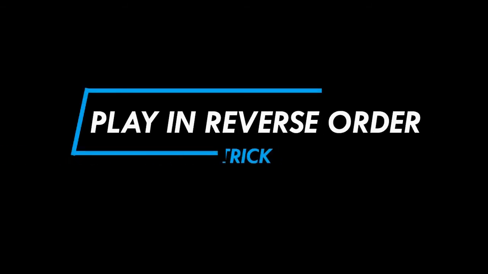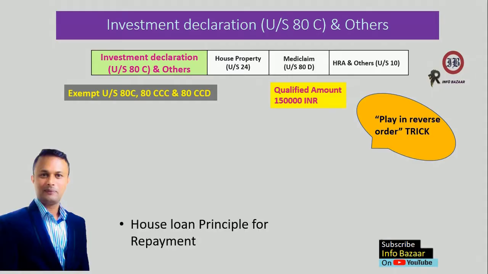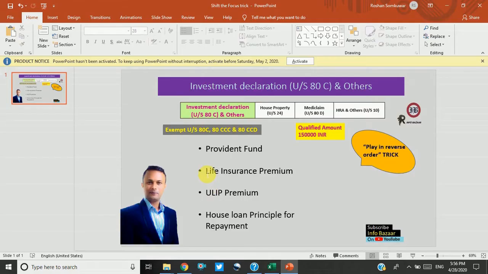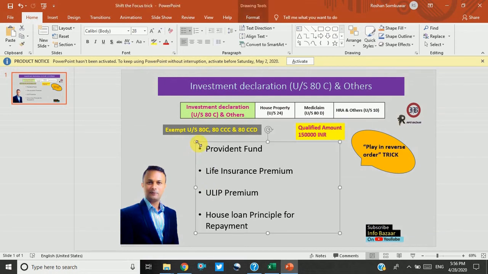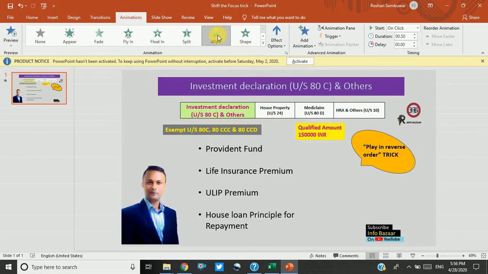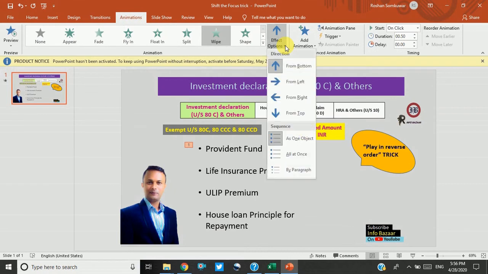Play in reverse order trick. It helps in a countdown situation when you have to highlight the first point last. What I have to do is select the entire text box, then click on animation. In animation, click on wipe. Effect option should be from left,